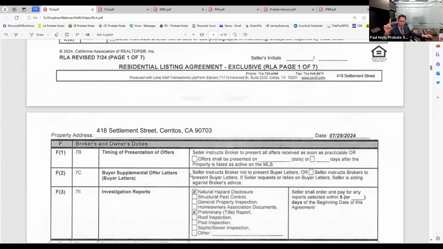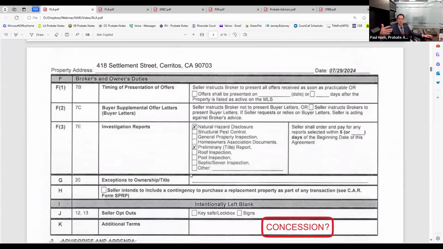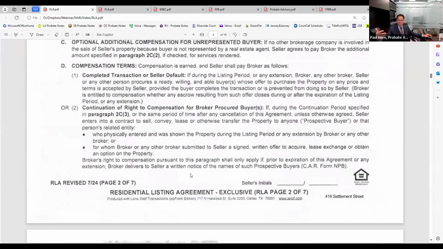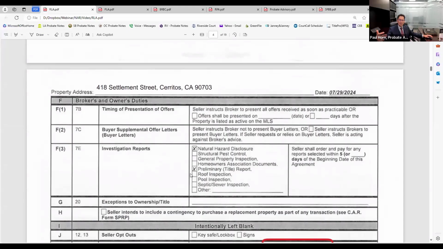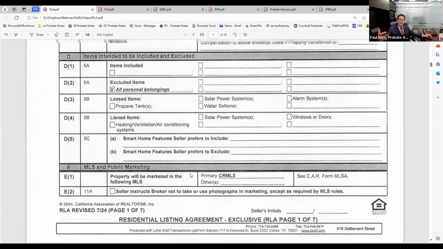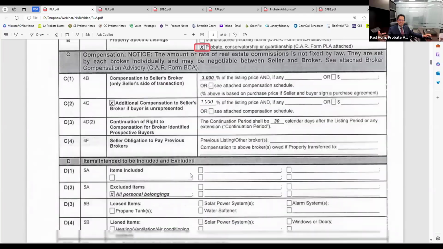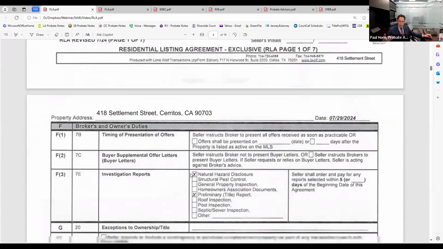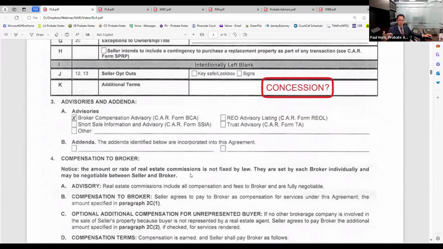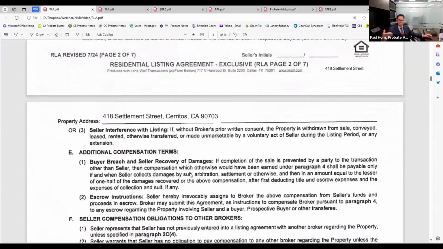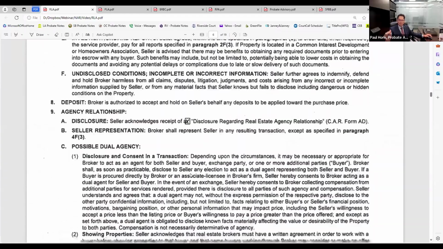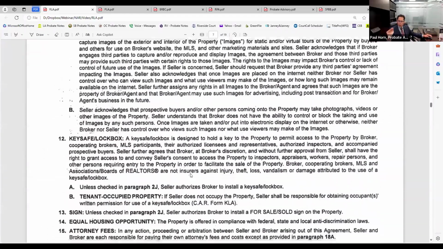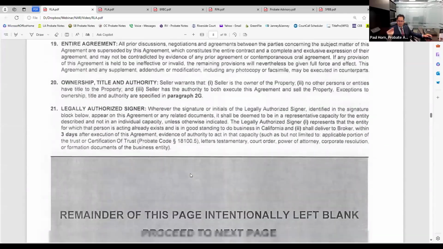It's important. So now page 2, page 3, pretty self-explanatory, okay? What I want to point out to you is this.